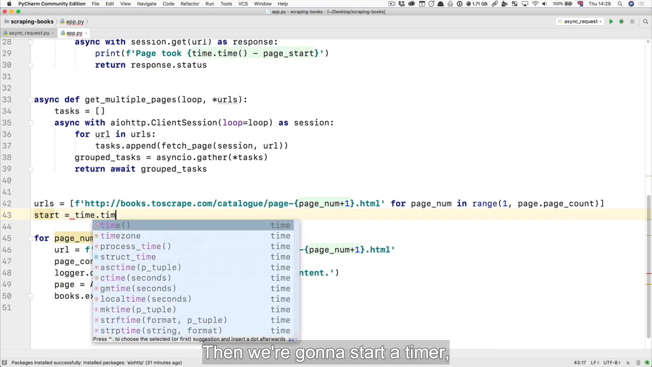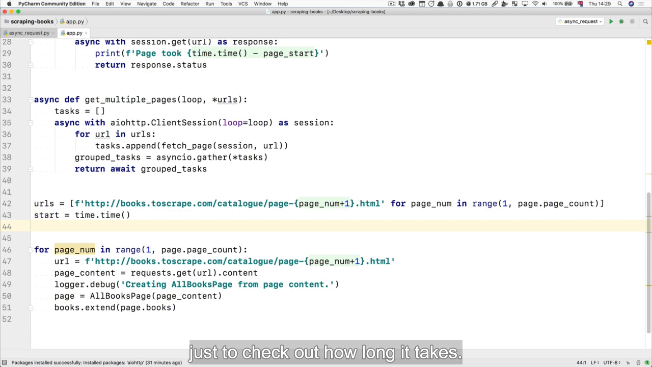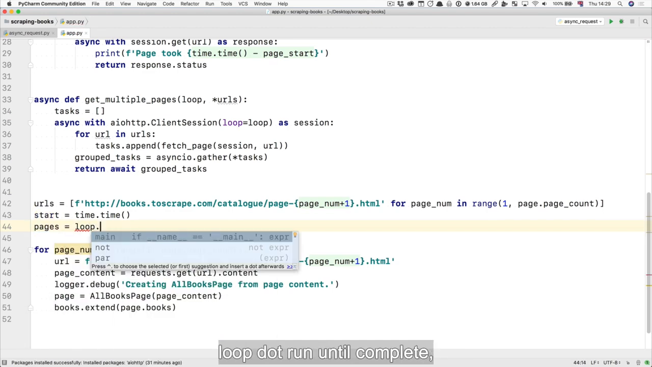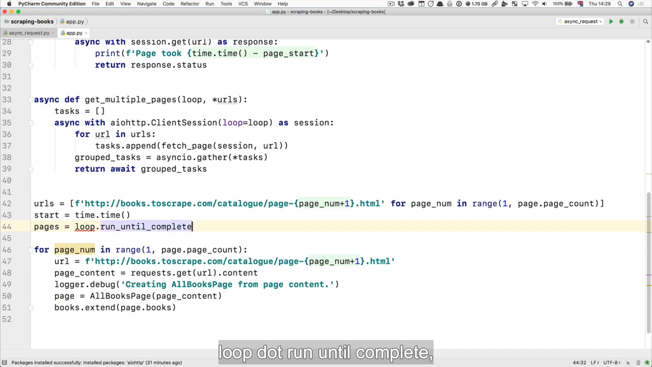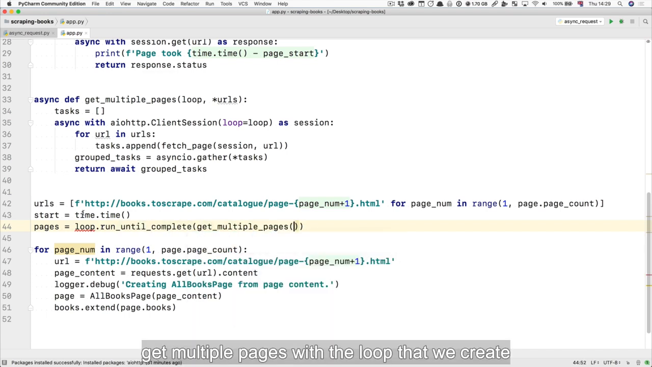Then we're going to start a timer just to check out how long it takes. I'm going to do pages equals loop.run_until_complete, get multiple pages with the loop that we'll create, and